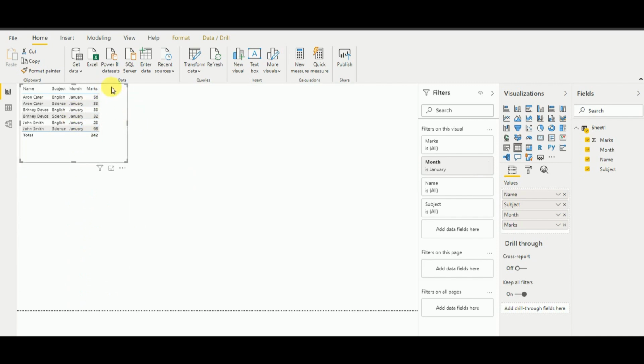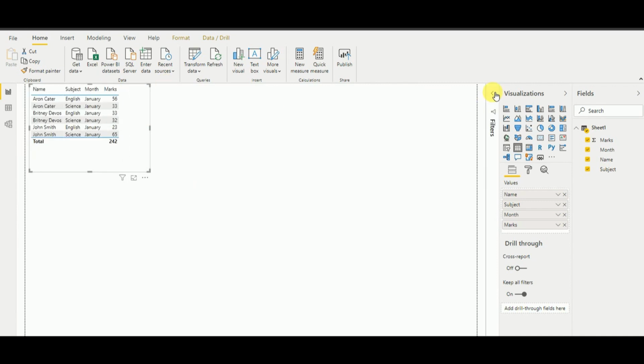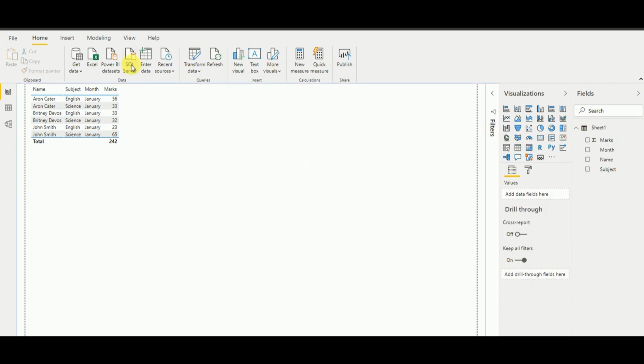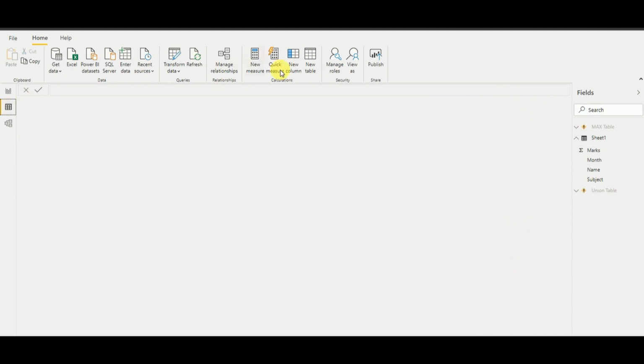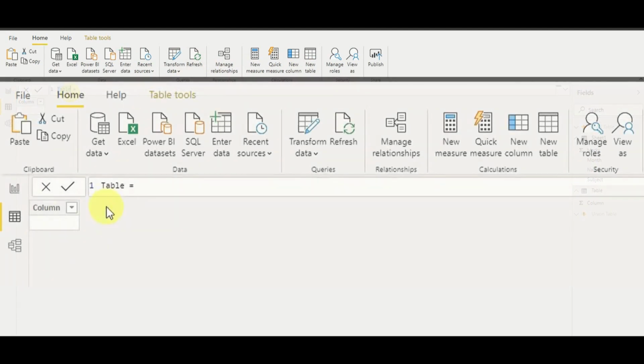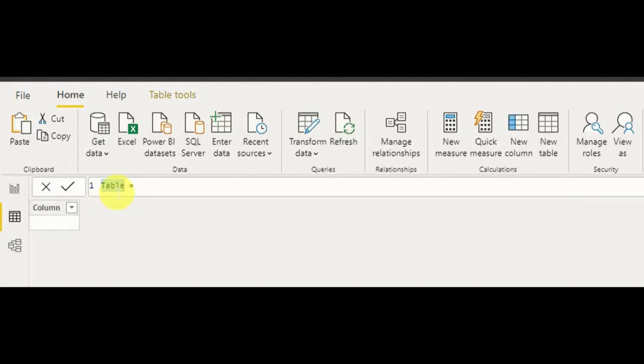Right, now without using filters, we will try to achieve this by using the CALCULATETABLE function. For that I go to the data table, create new table. Here I write January data table.